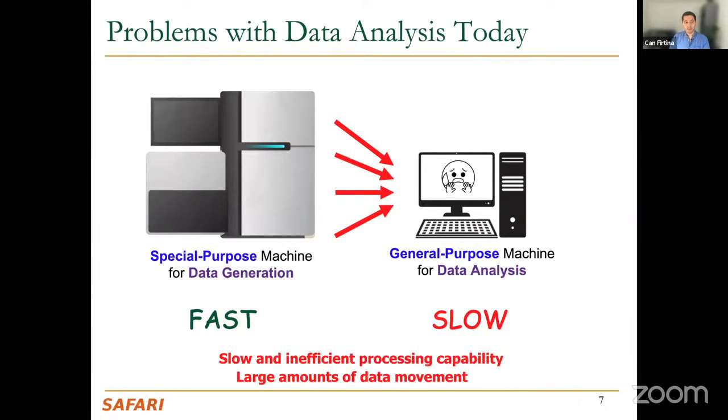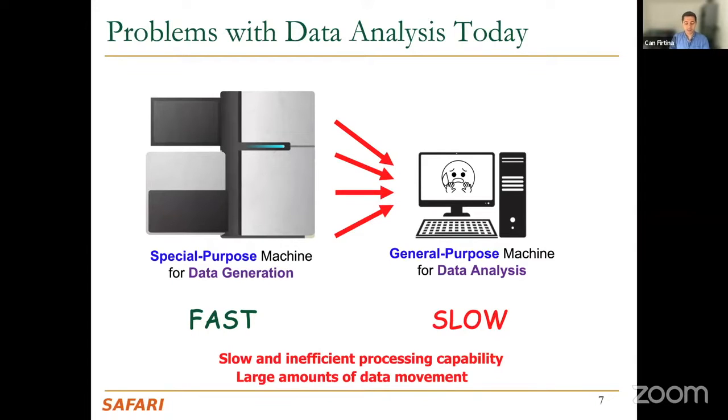The problem is, when we think of important applications like genomics, and as you already know, this is an illustration of one of these sequencing machines, like the Illumina machine, right? These machines, although they are generating really important data, are special purpose machines for data generation, not for analyzing the data, right? And they are really fast